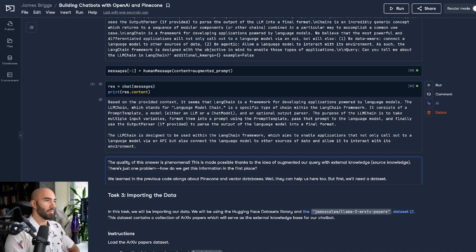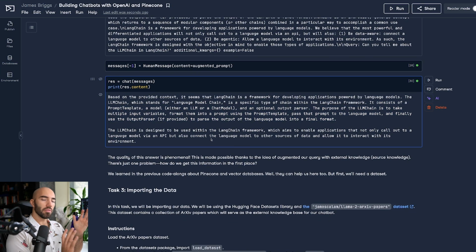Okay, so we get better results here. It says language model chain, which is like this part of it. That's fine, not necessarily wrong. It consists of a prompt template, and so on. So we're getting more correct information here.